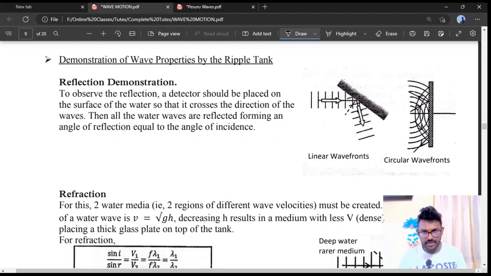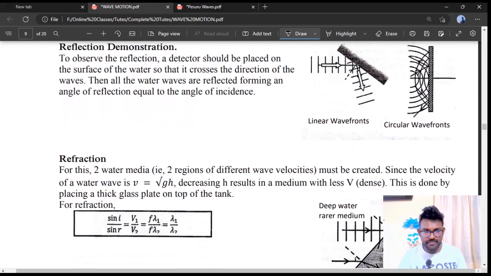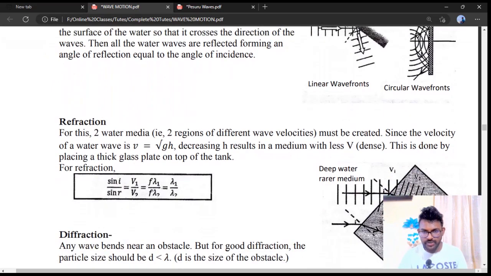Then the refraction. Reflection is something you can easily understand, right? What about the refraction? For the refraction to occur, we need to have at least two media. How can we construct a different medium in the same tank of water? Think about it. When you have two media, that means the velocities are changing. You should have two velocities. How can we have two velocities when you have a certain water sample? Well, we know the velocity is depending on